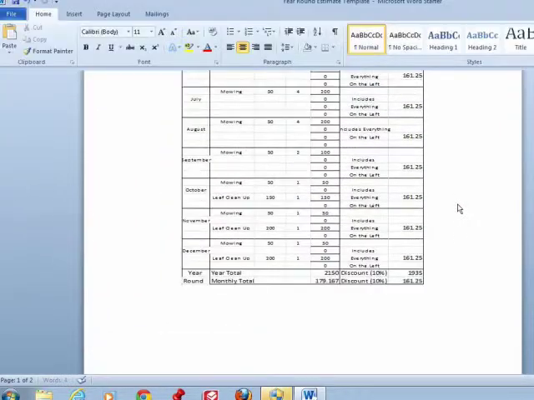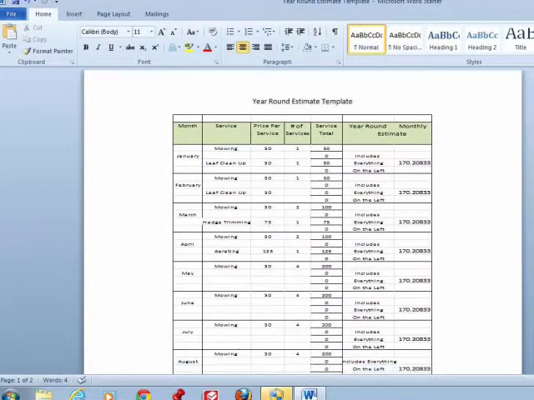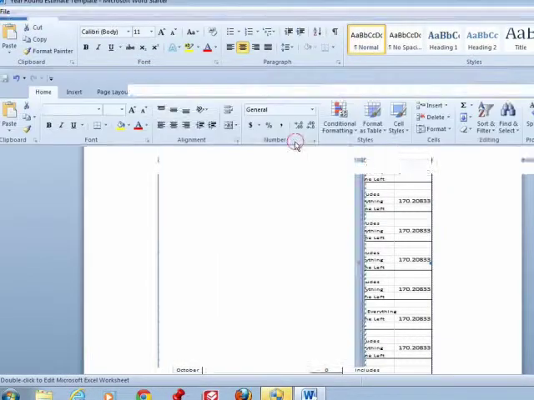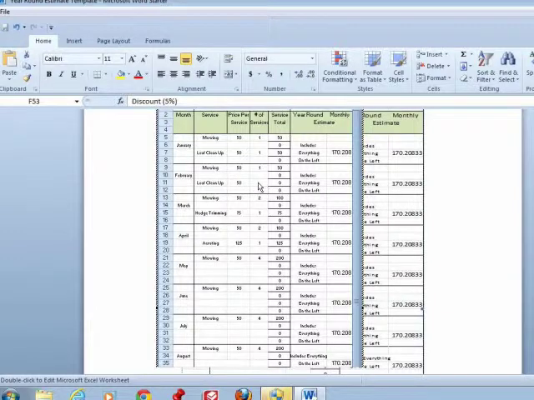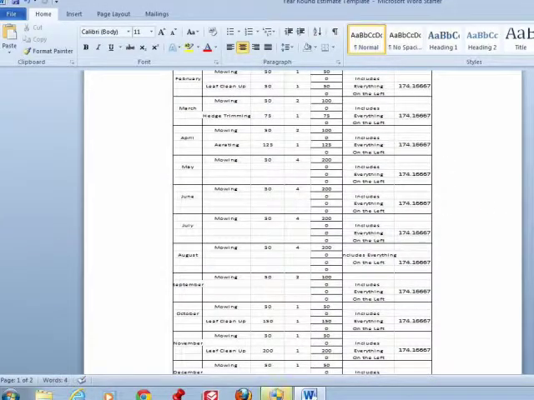Click out of the spreadsheet, and this is what the customer is going to see. You're going to actually give them this estimate so they can see what services you're completing, how much you would charge per service, how many services you will complete in each given month, and the total that they would pay for that month for the total services included. Actually, this leaf cleanup here, I don't have a number amount, so I'll put one time. That will change that. So the total here